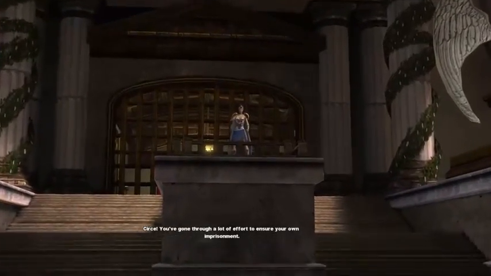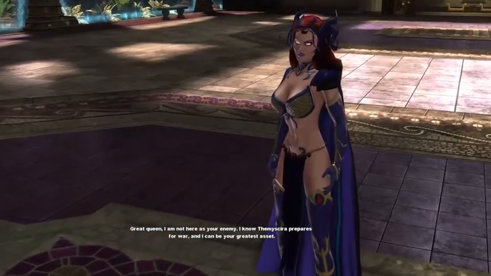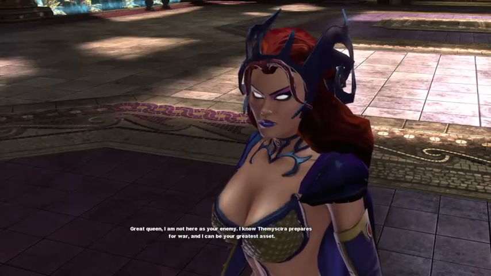Circe, you've gone through a lot of effort to ensure your own imprisonment. Great Queen, I am not here as your enemy. I know Themyscira prepares for war, and I can be your greatest asset. I can offer you great...